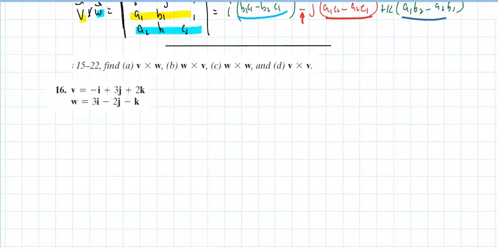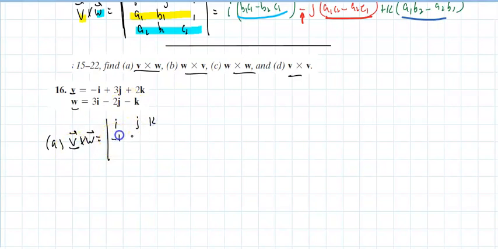So on number 16, I'm supposed to find those four cross products, and it's a good practice. There's V, there's W. If I want A, I want V cross W. What I'll do, I'll write this as I, J, K, list V, W. The order is very important, and W after, and I'll notice this is going to be I